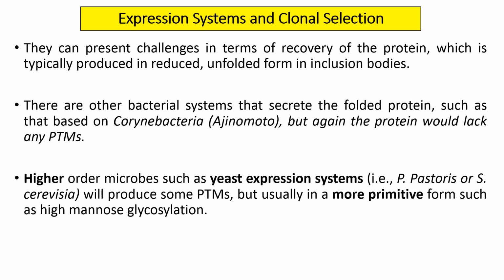But again, the protein here still lacks the post-translational modification. If we want to move to higher order microbes, which can produce protein with post-translational modification, the expression system of choice is the yeast expression system, like P. pastoris and S. cerevisiae. Both produce some post-translational modification, but still in a more primitive form, such as high